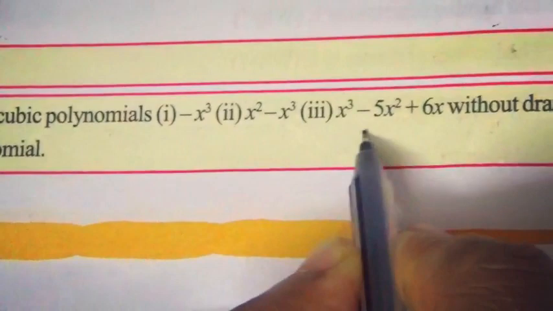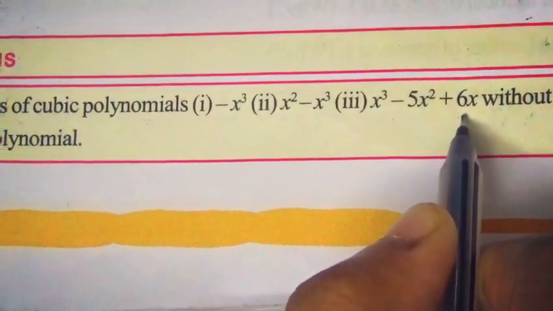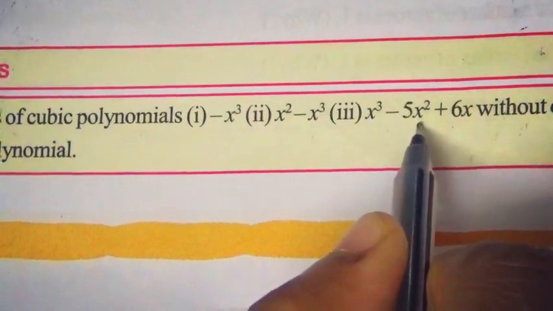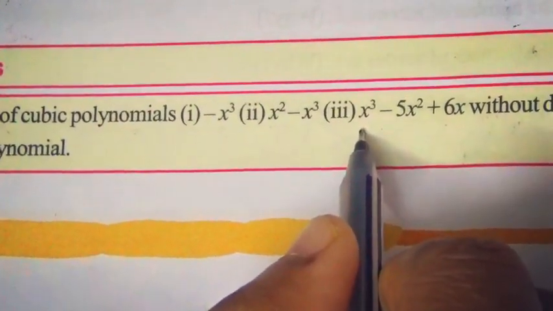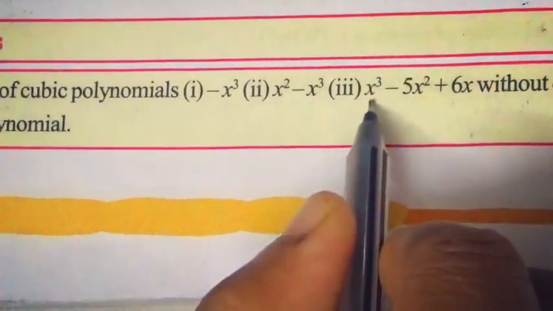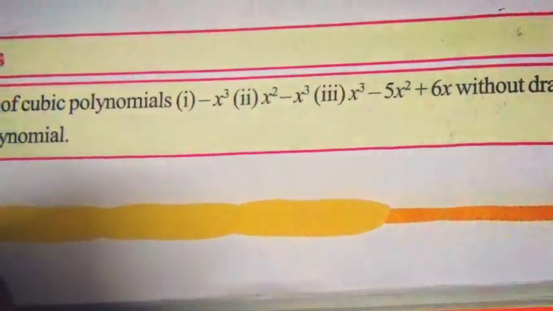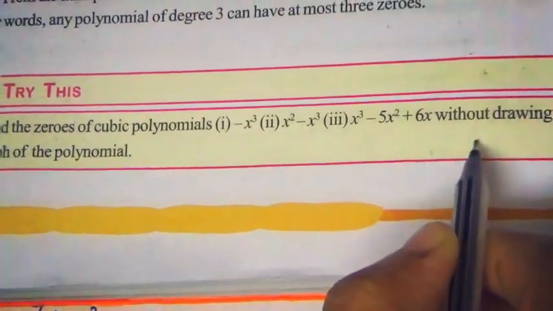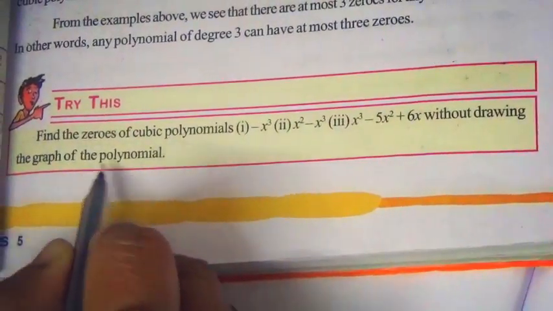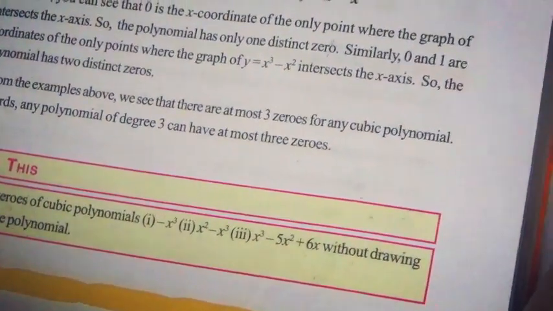In the third question also, x is a variable, but here the power is 1, here the power is 2, here the power is 3. The highest power of this cubic polynomial is 3, hence it is a cubic polynomial. Without drawing the graph, there is no need of drawing the graph for these cubic polynomials, but we have to find out the zeros of the cubic polynomial. First of all, on page number 57,